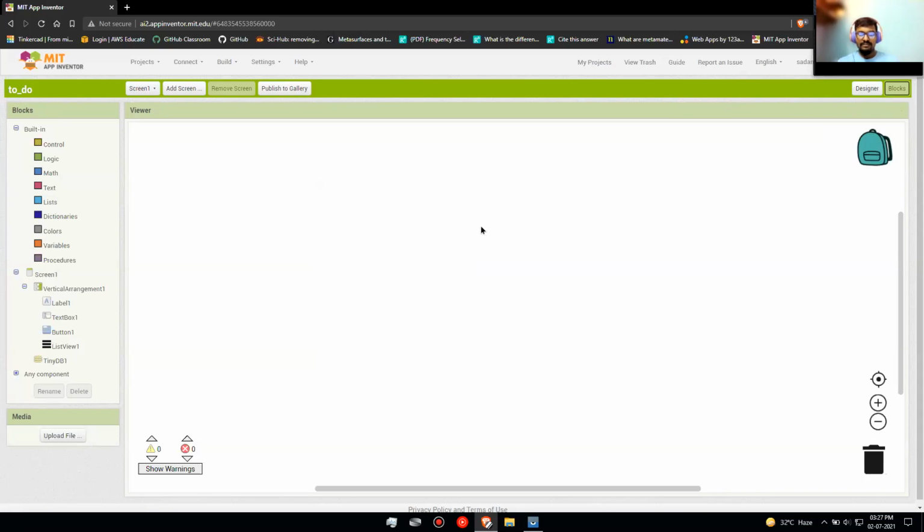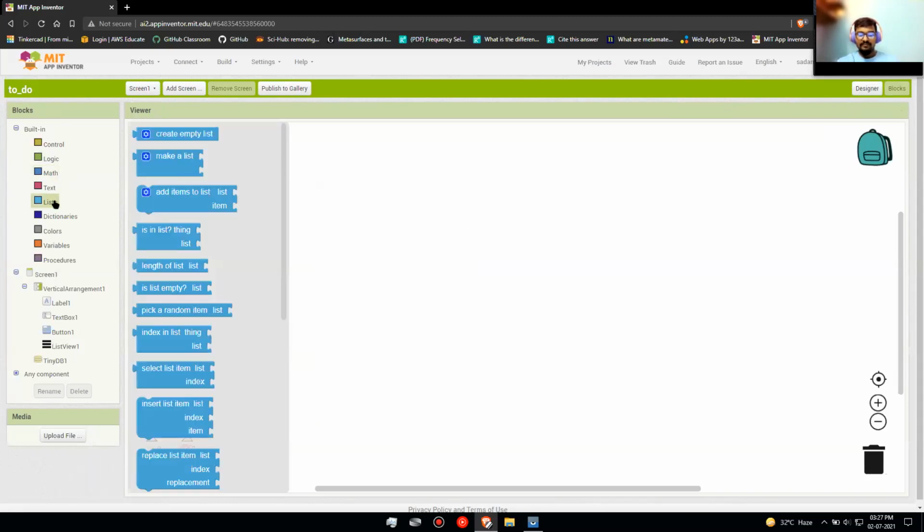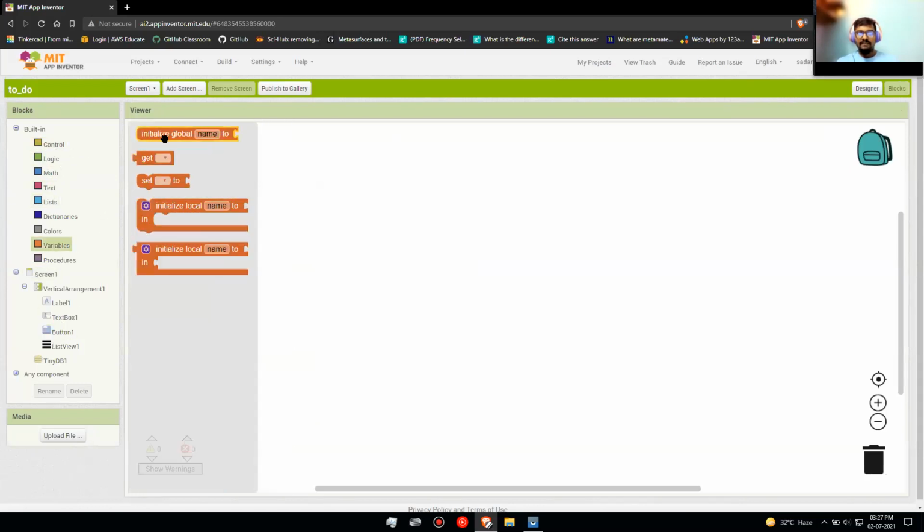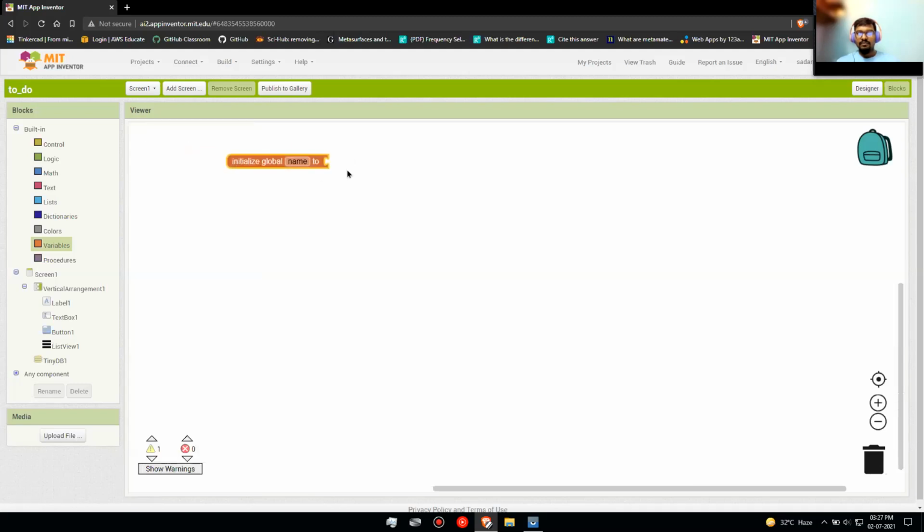So now for the blocks, first we'll have to create an empty list. But before that, we have to create a variable. To initialize a global variable, go under variables and then say initialize global name to, that is empty. And then replace the name with task.